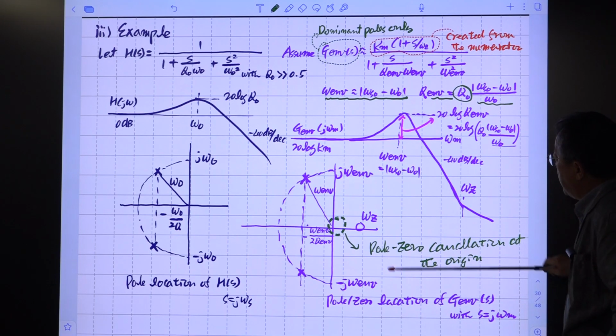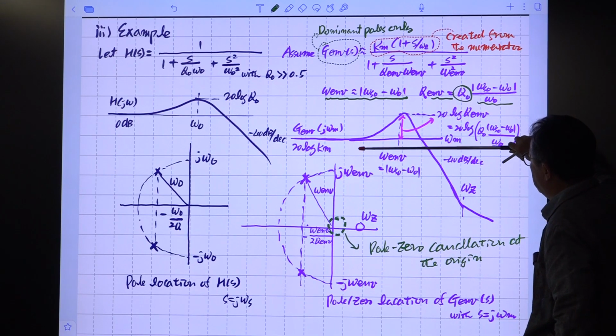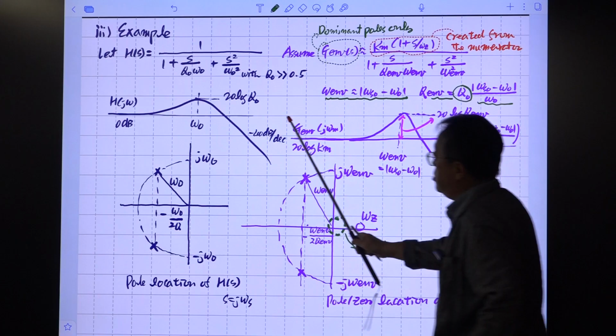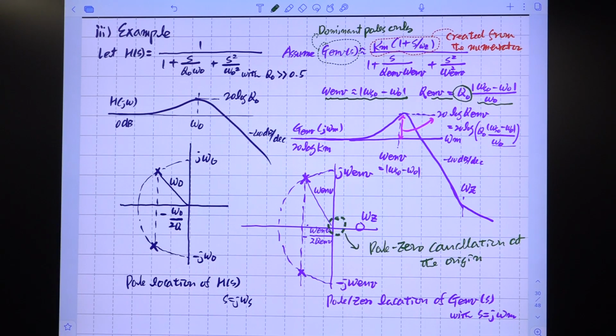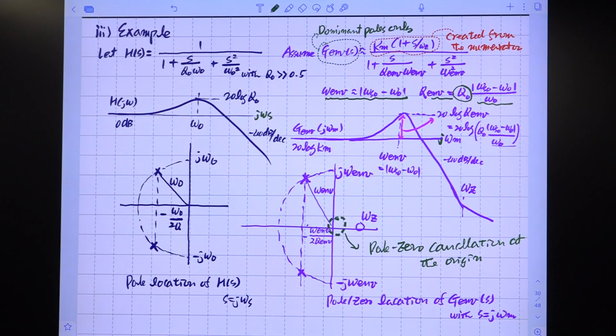So this is the real axis and imaginary axis, and this is the Bode plot, omega m. Obviously, this is the omega S plane, so everything here is j omega S. This one is j omega M, right? So we have two different things. So always think about this one. Okay, so this is the summary of the previous content.